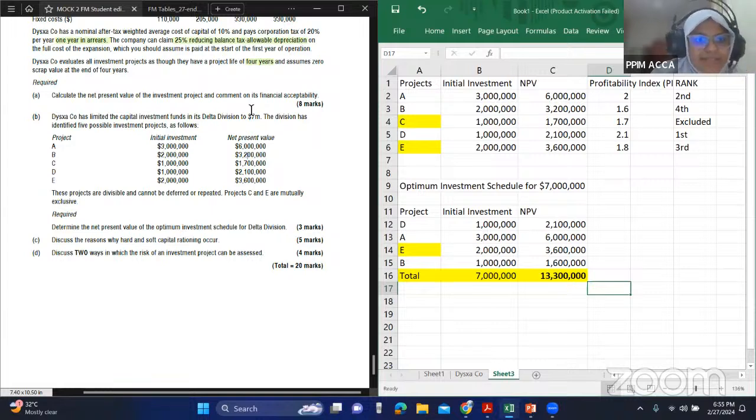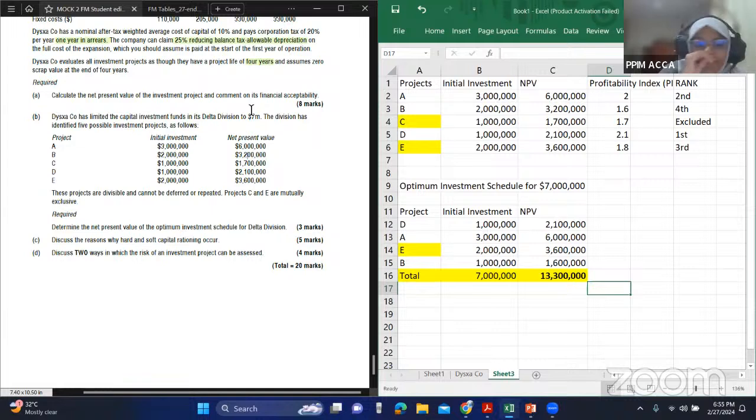Hard capital rationing means the company is forced to limit their funds because an external party is imposing that on the company. For example, the bank may not be willing to give any more debt because most probably the debt is too high. Our gearing is high. They find our company risky. So they have now limited the amount of debt that they are willing to lend to us. So now whether we want to increase it or not, whether we want to spend more or not is not even a question, because we don't have that money and nobody is willing to give it to us. So then what happens? We are forced to actually do capital rationing and make do with what we have.